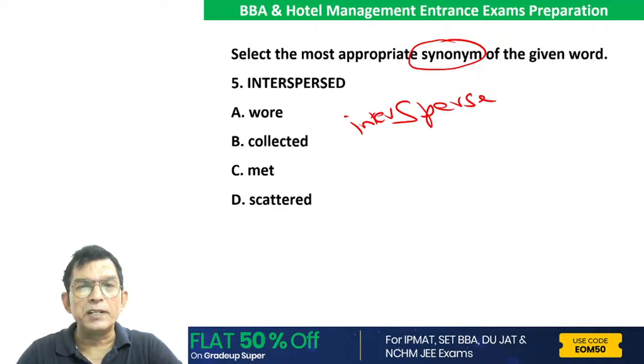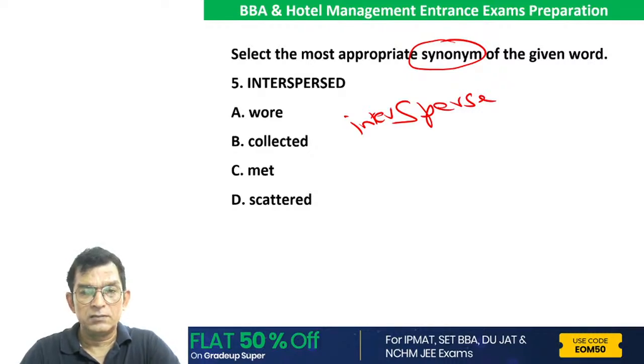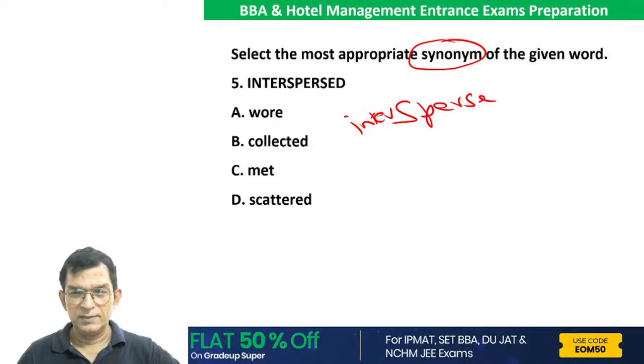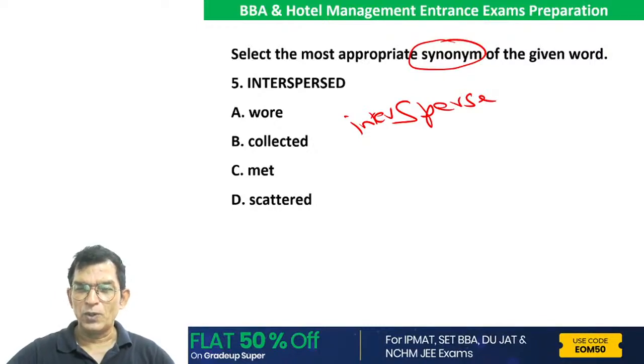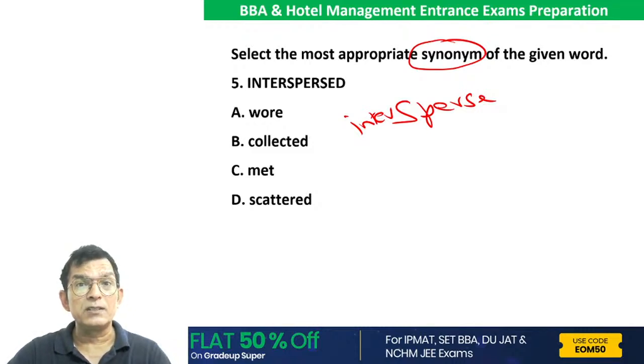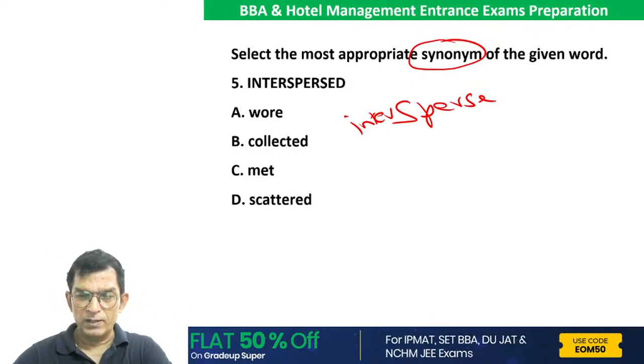The poem was interspersed with the word love. So what should be the answer? Spread inside. Okay, so what is the answer? All of you know it. I understand that. It's not B, beta Anika. I said interspersed. Sperse means spread. So interspersed, spread inside. What should it be? But B is not the answer, Anika. Then what?